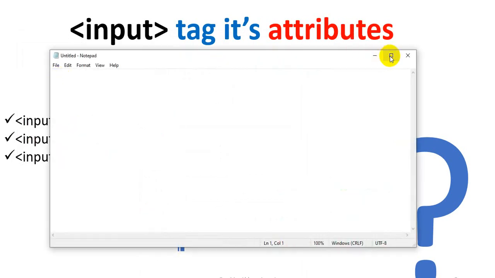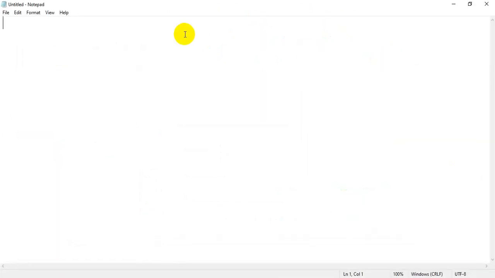Now as we know, we are going to start our coding. So what is the first thing? First I will write doctype. What is the doctype? You have to write html. We have learned this in the first, second and third lecture. Doctype html mentions that our page is an HTML5 page.